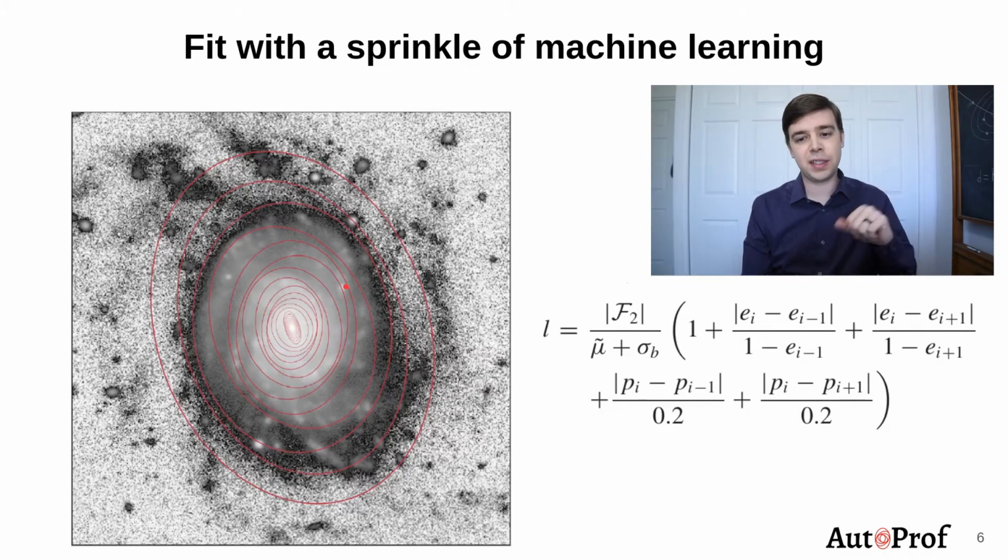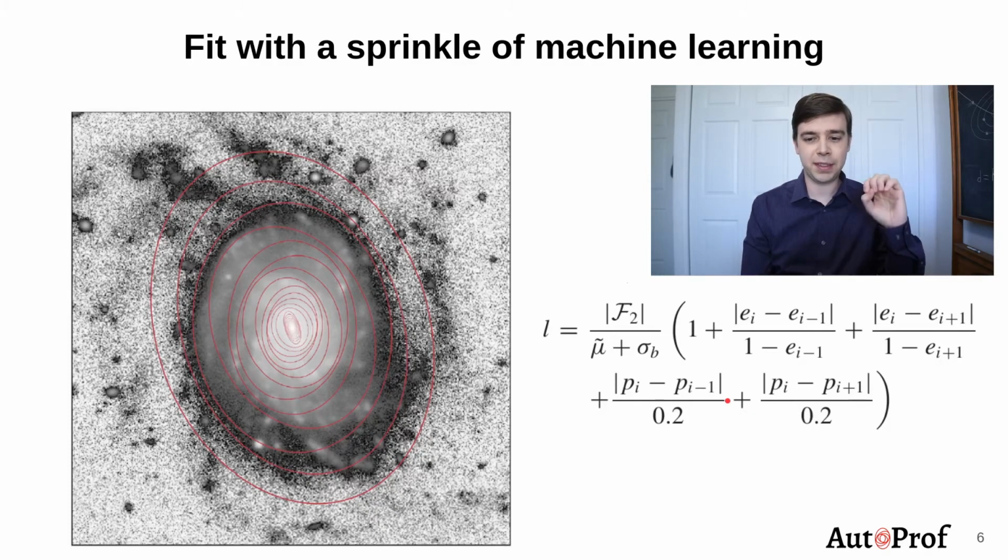And the way that it does it is by minimizing this function here. The core thing that AutoProf is trying to minimize is the second Fourier mode. So along a given isophote, we sample the pixels, and then we compute an FFT and take the power in the second Fourier mode. We then randomly perturb the parameters until we can find a minimum in the second Fourier mode, but there's a little bit of regularization included, just a sprinkle of machine learning in order to make the